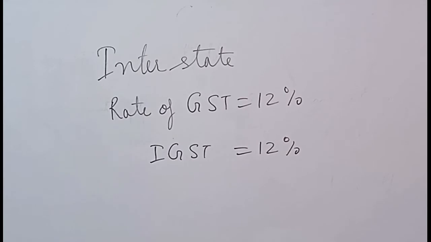Now we will know about interstate GST. Suppose we are supplying the goods from one state to another, we will calculate the GST as IGST. IGST means integrated GST, and that will be collected a single time. If the GST is given as 12%, he will collect the 12% from the buyer and deposit it in a central government account, and the central government will distribute it accordingly to the requirement of the state governments.